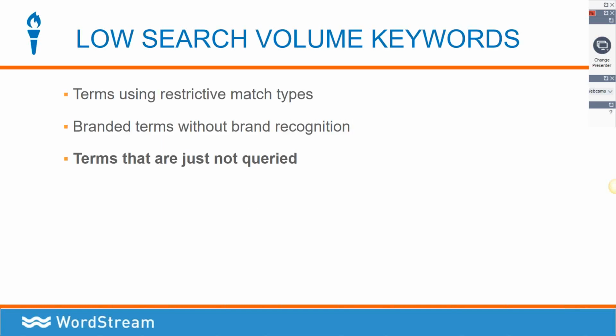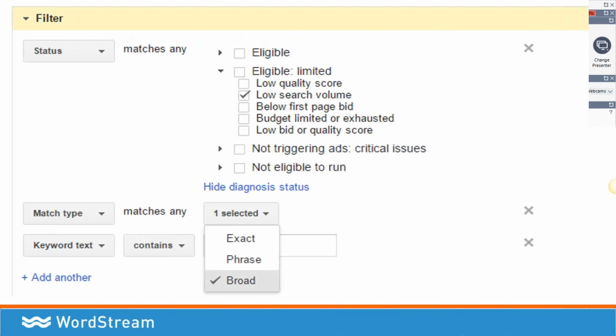Once you've controlled for terms that are using restrictive match types or branded terms without brand recognition, the remaining keywords are just, sadly, terms that are not queried. No one's searching for these keywords. The bad news is no one's searching for them, but the good news is these are an easy group of keywords to get off the island, get out of your account, and declutter. A quick way to do this